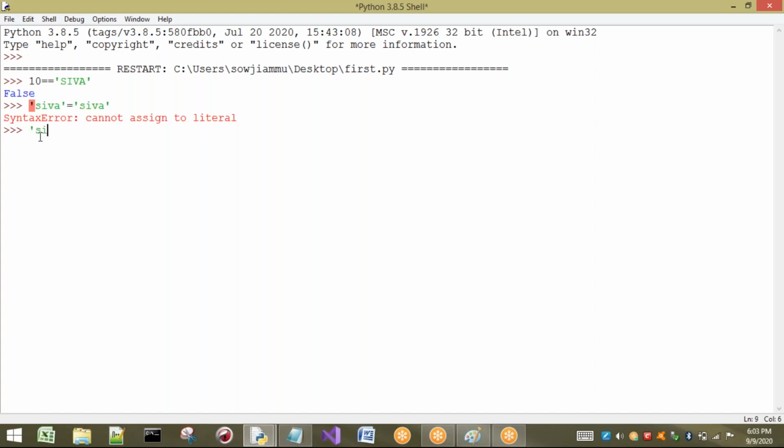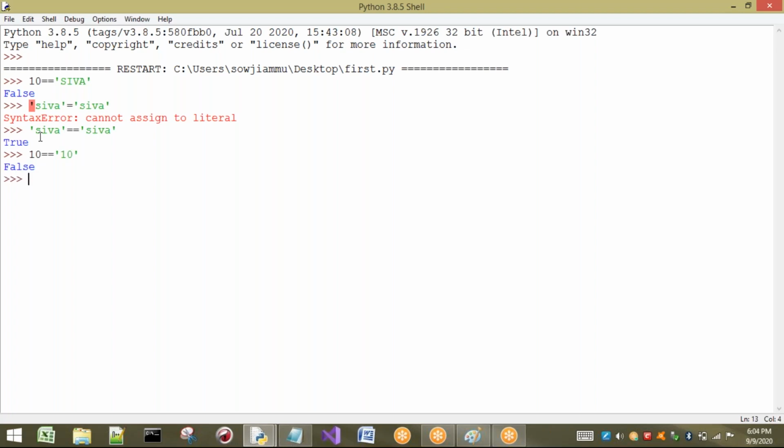So let us see now about strings. Are these two the same or not? Yes. So we are going to get true. If I consider 10 equal to 10, for example, now you have to observe this thing. One is an integer, another one is a string. But the left side is what? It is an int type, the value is 10. If you consider the right side value, it is a string value. So both are not equal.